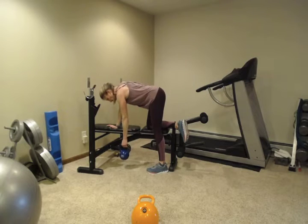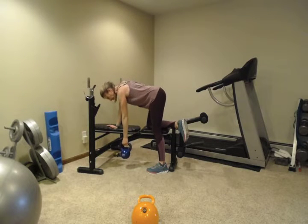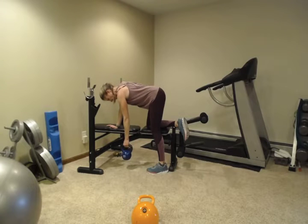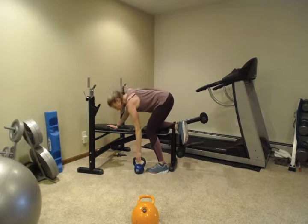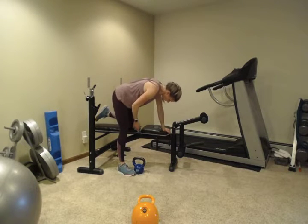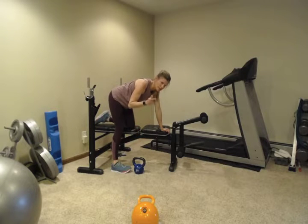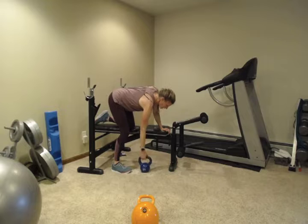Driving that elbow towards the ceiling. Remember, you can use dumbbells for this workout too. It'll work the exact same. Okay, now we'll switch sides. Get that right knee and right arm on the bench. I think my camera flips it, so it looks like I'm out on the other way. But